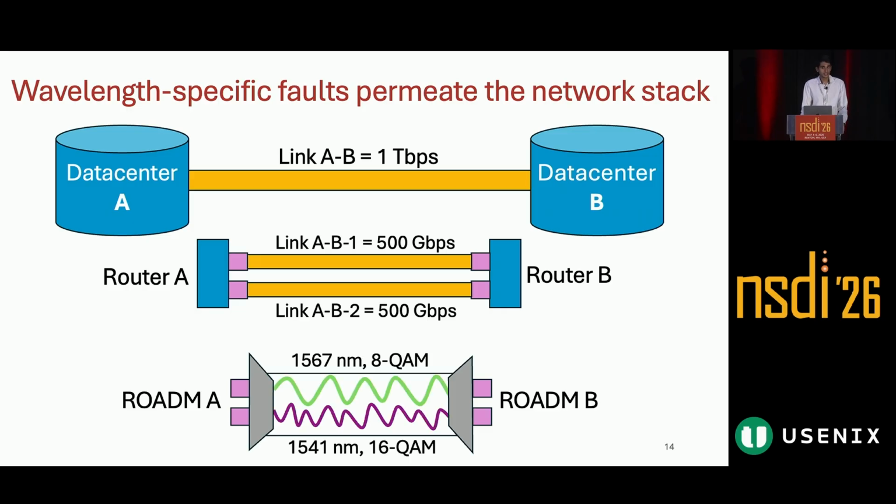And within this fiber, there are two wavelengths at different regions of the electromagnetic spectrum and at different modulation formats. And what our work showed is that the physical layer changes that happen at the very bottom layer propagate all the way up to and have consequences for how we design links and how we route on